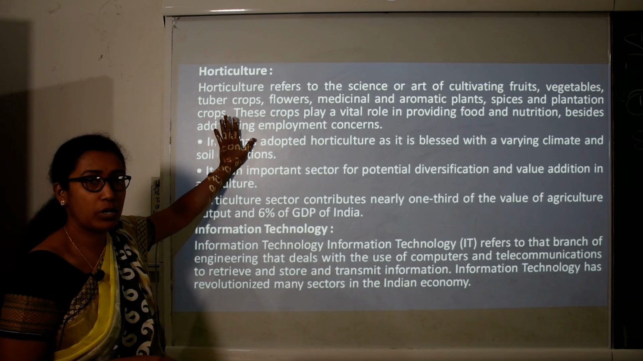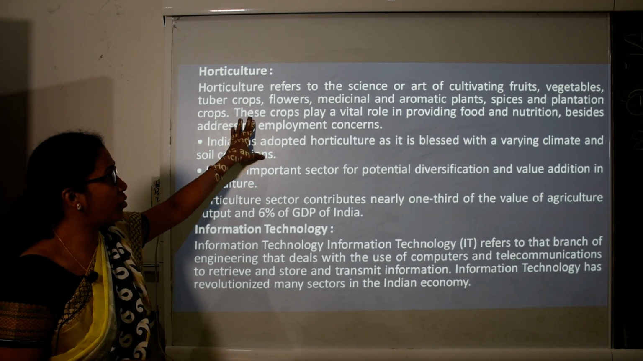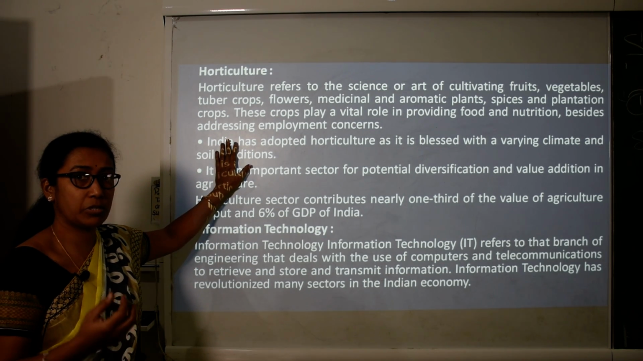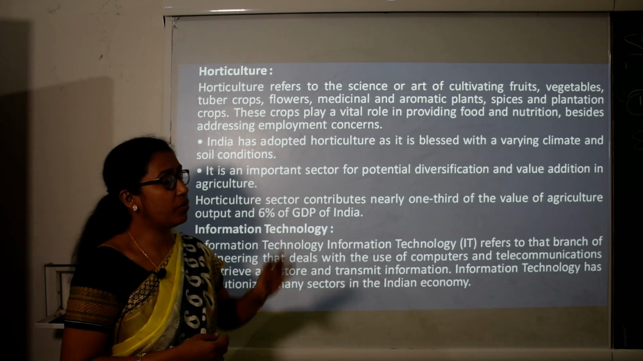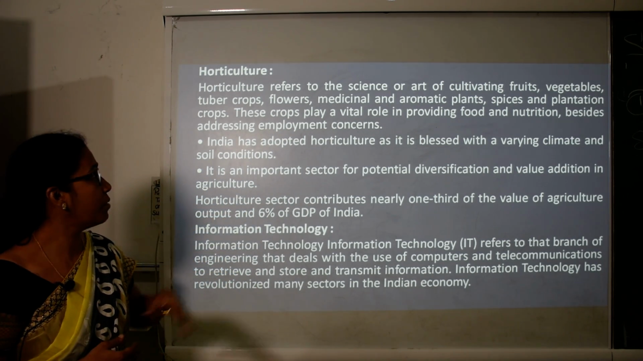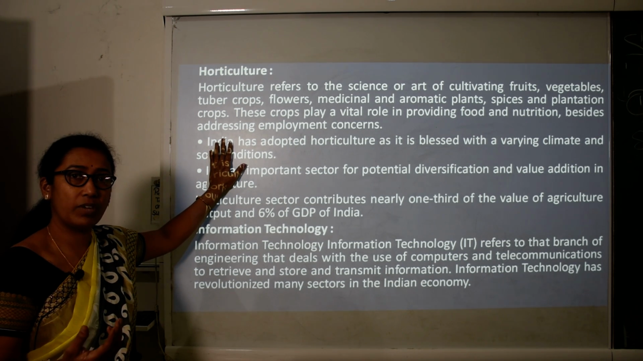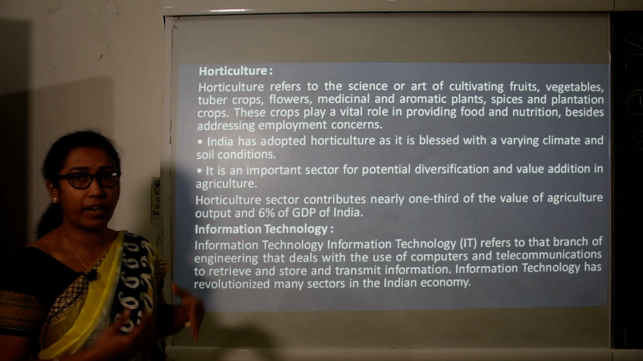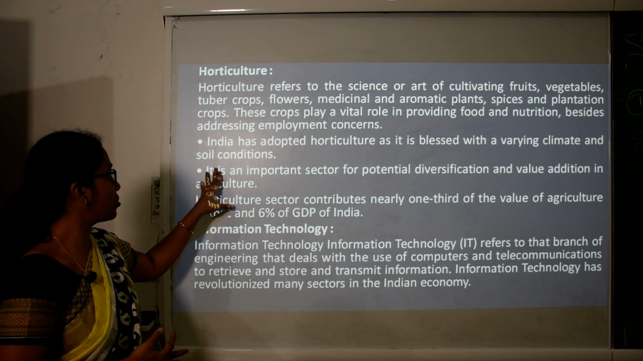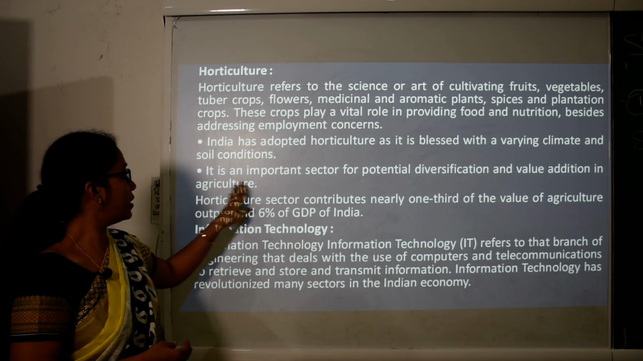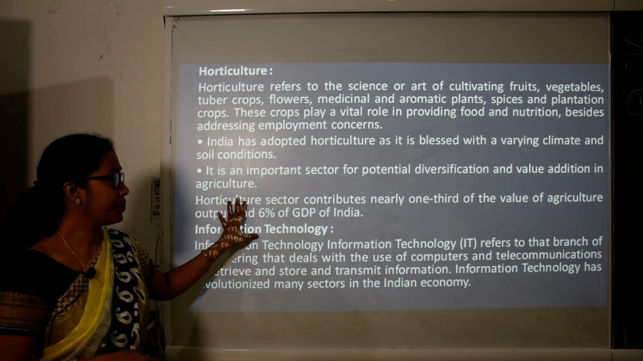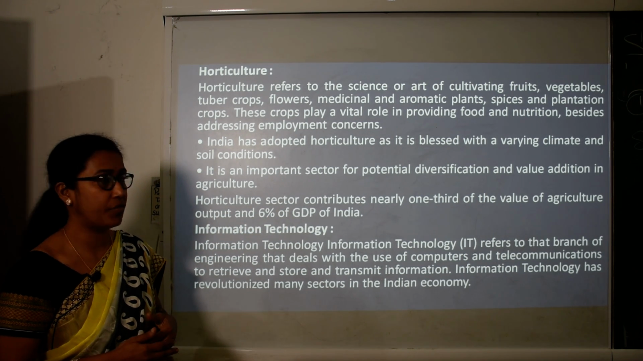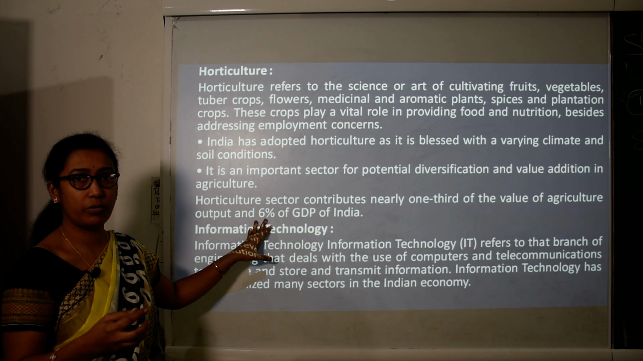Horticulture refers to the science or art of cultivating fruits, vegetables, tuber crops, flowers, medicinal and aromatic plants, spices, plantation crops and various other kinds of herbs. This is also one of the trends nowadays. These crops play a very vital role in providing food, nutrition, besides addressing employment concerns. India has adopted horticulture as it is blessed with a varying climate. Because of our varying climate and soil conditions, horticulture is a better option. It is an important sector for potential diversification and value addition to agriculture also. It contributes nearly 1/3 of the value of agriculture output,